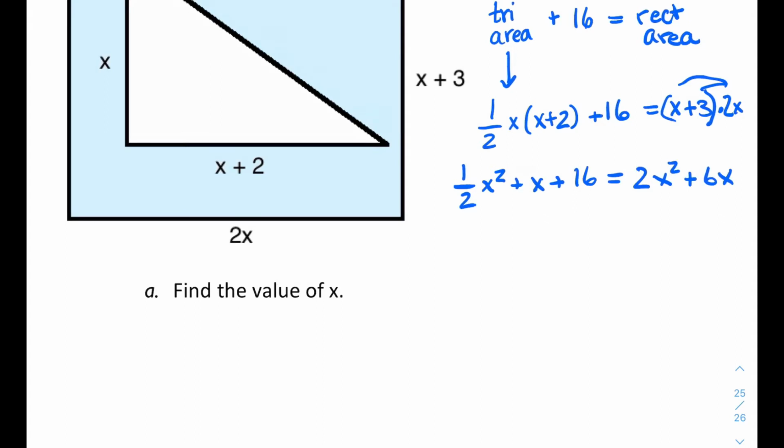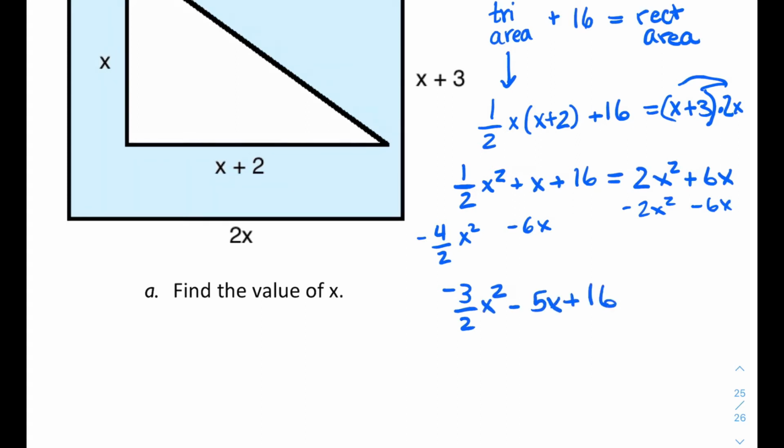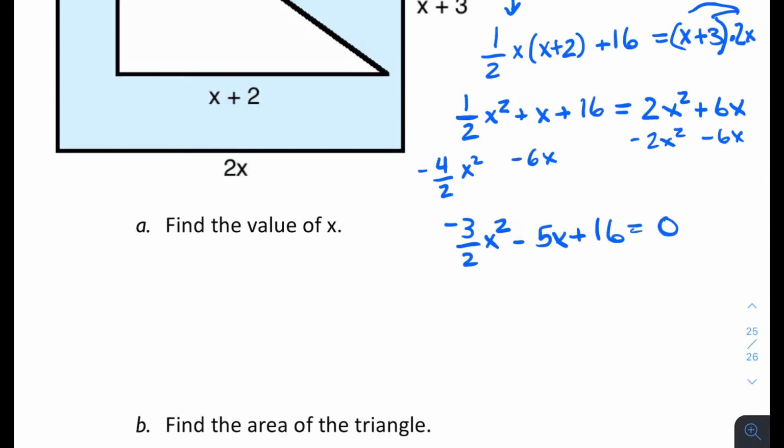It's a quadratic, so I want 0 on one side so I can factor. So I'm going to subtract 2x squared and 6x from both sides. We could subtract 1/2 x squared and x and 16 if you prefer. To subtract my 2x squared, I'll go ahead and get a common denominator. So that'll give me negative 3/2 x squared minus 5x plus 16 equals 0, which isn't something that looks really fun